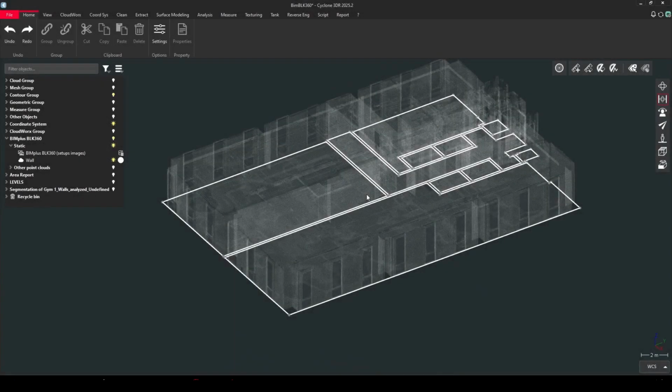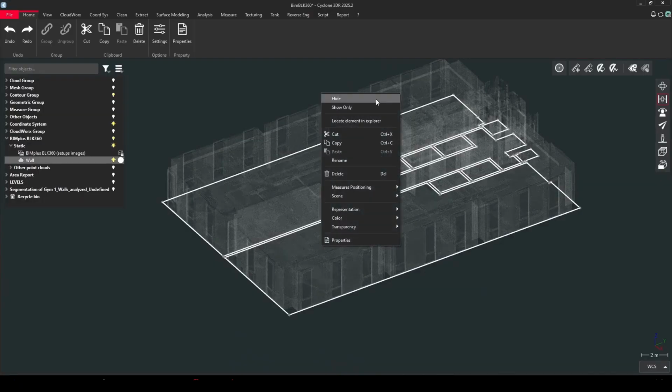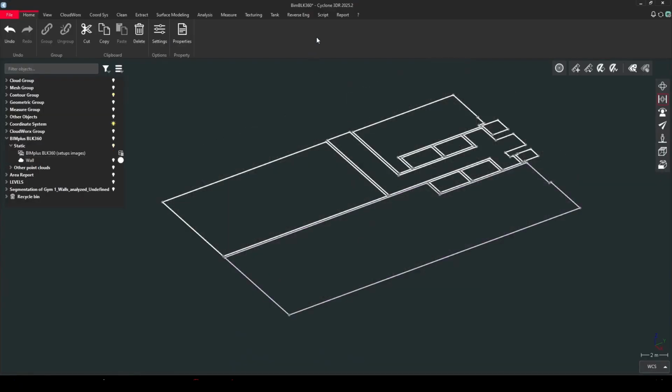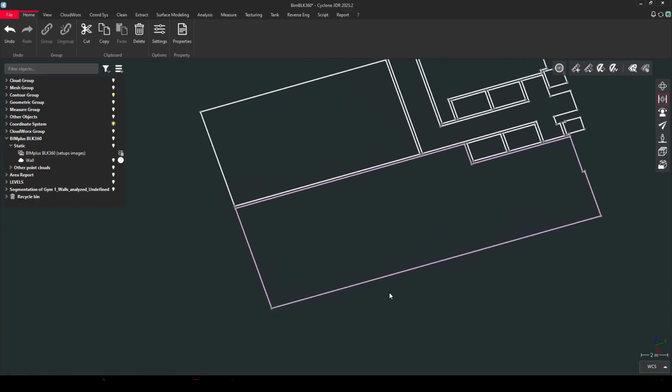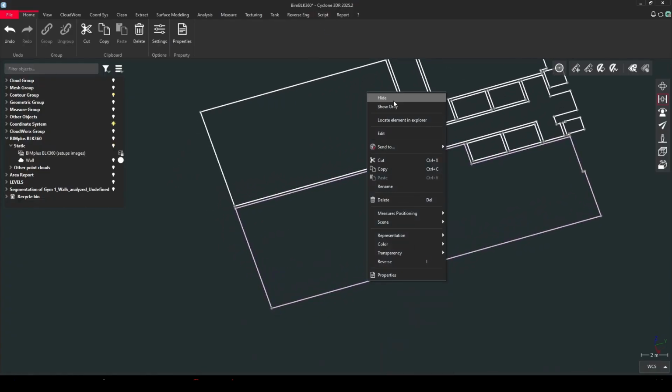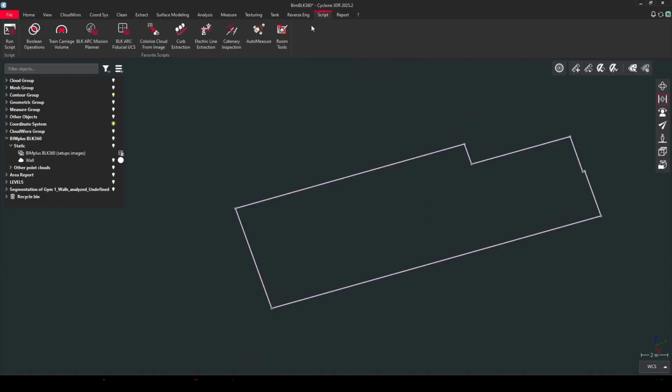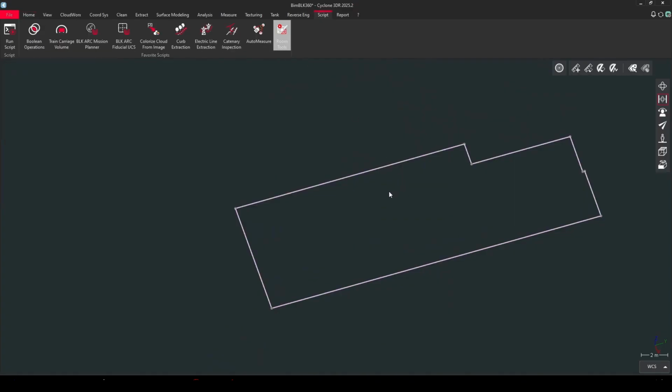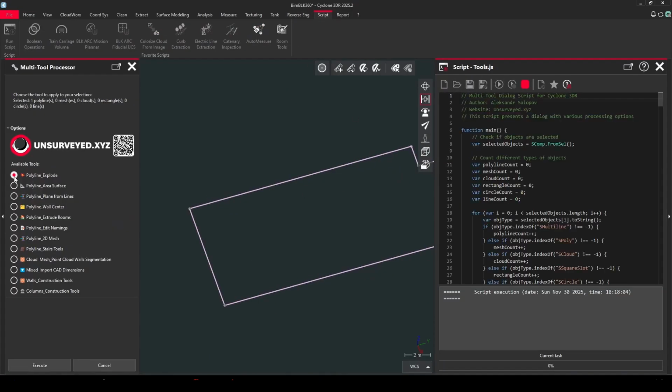When all contours are extracted, we can easily extract dimensions of all rooms with a single click by using the same script. So for example, we can choose that big room and run the same script, room tools. So here you can select Polyline Explode,